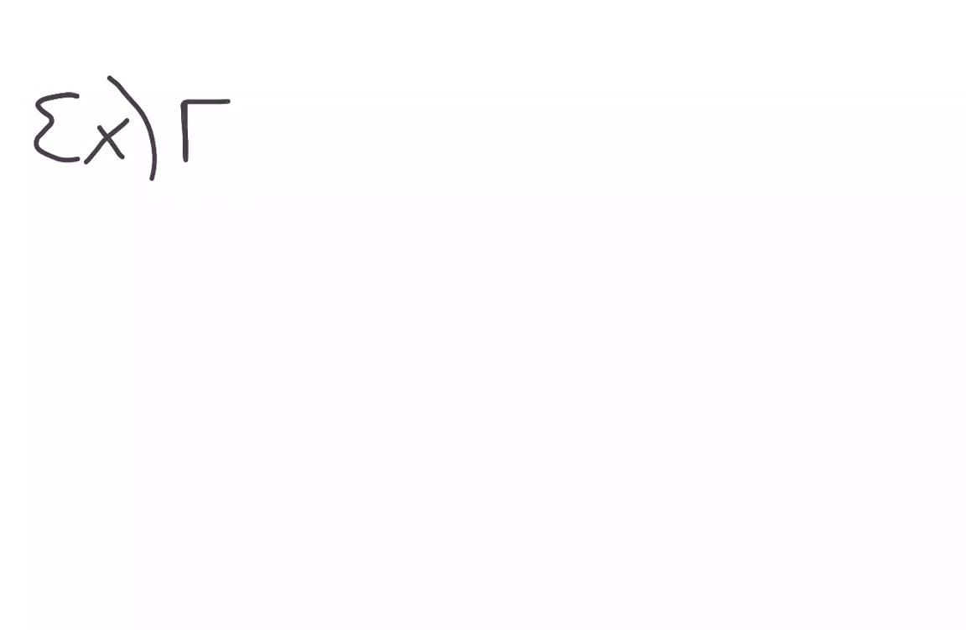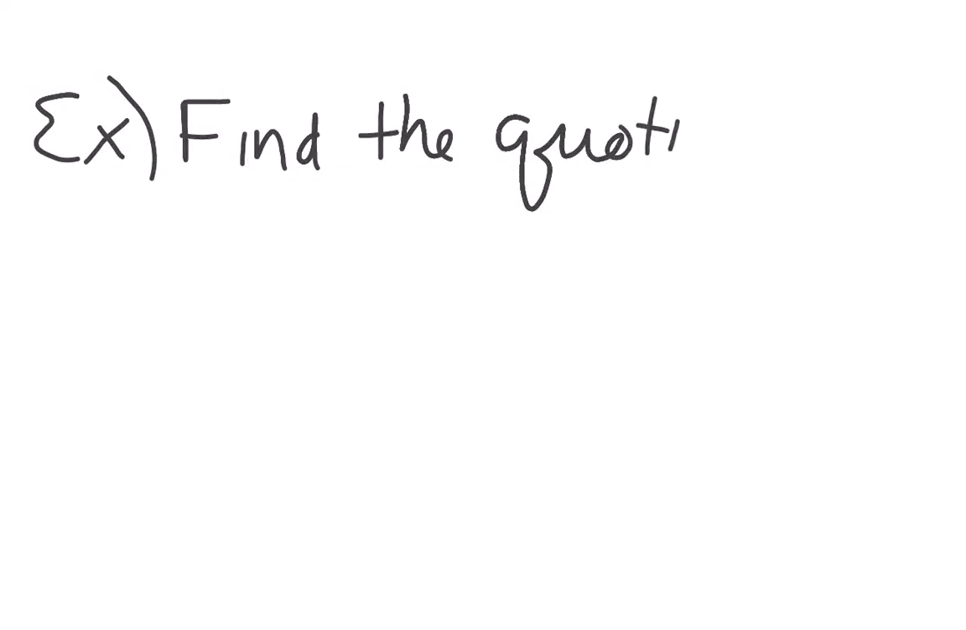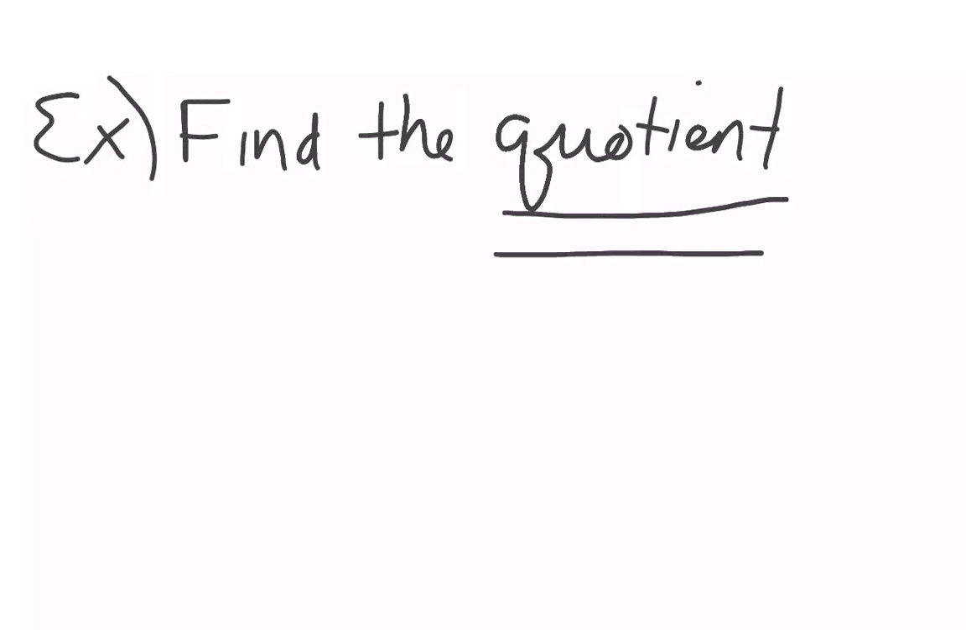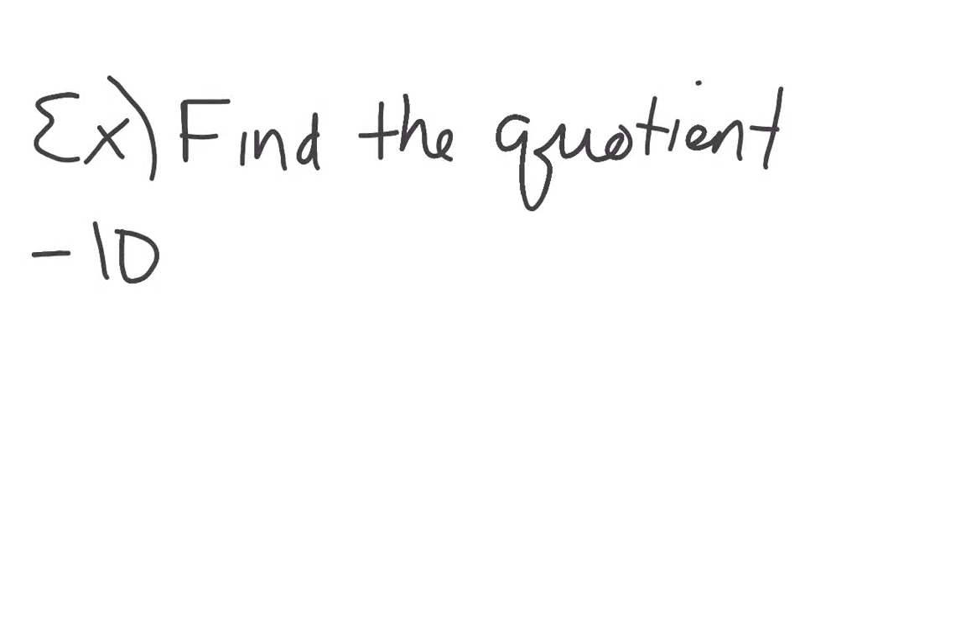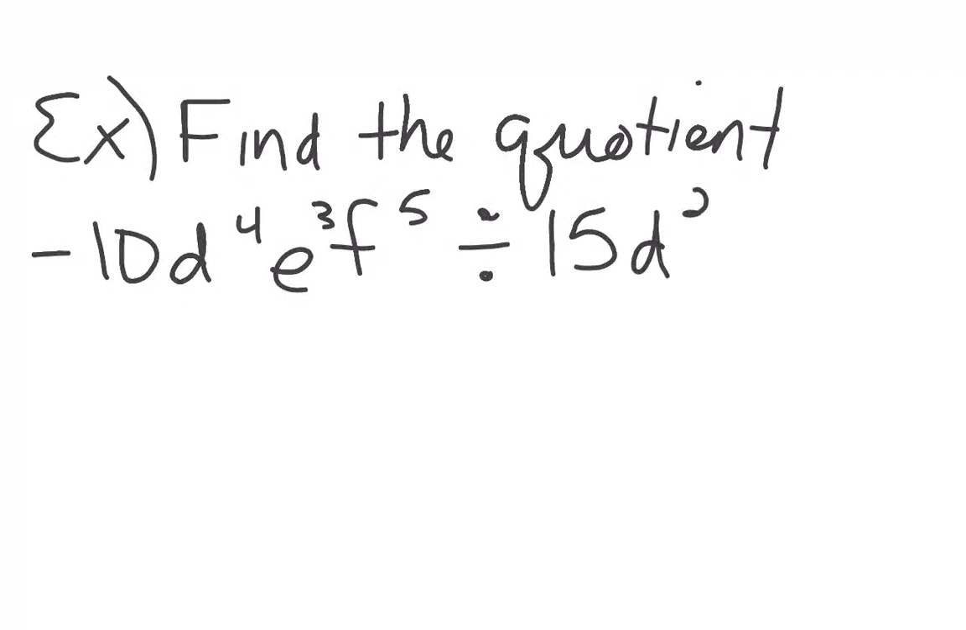So this time they're going to say find the quotient. So remember, the word quotient is usually associated with dividing. And so we're going to have negative 10d to the fourth, e to the third, f to the fifth, divided by 15d squared, e squared,